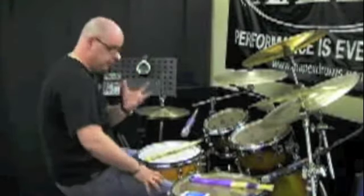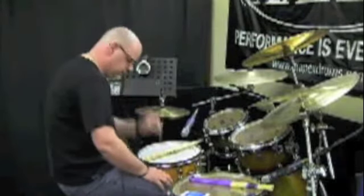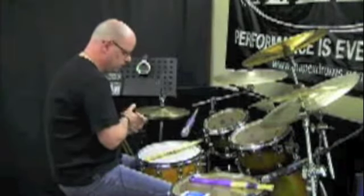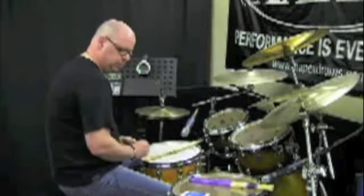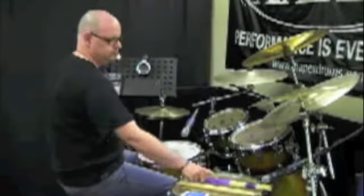Okay, so that would be, Phil, the way to do that, yeah, is to try and keep it in there. Because what happens is, a lot of the time the hi-hat gets forgotten about, yeah? As we've talked about before in previous lessons, the hi-hat gets forgotten about. So, for example, if you're playing a disco groove,